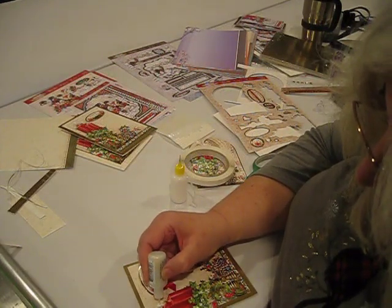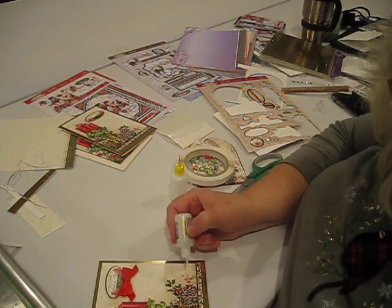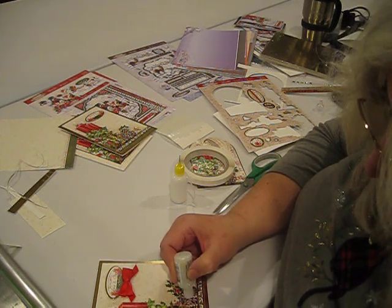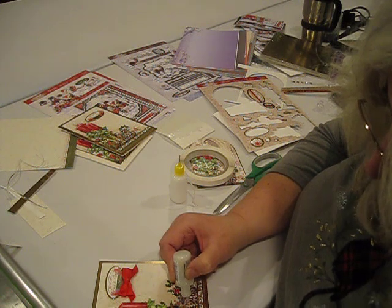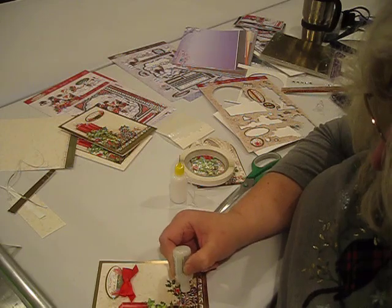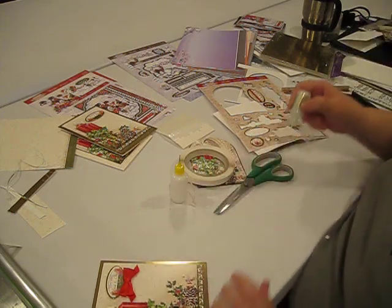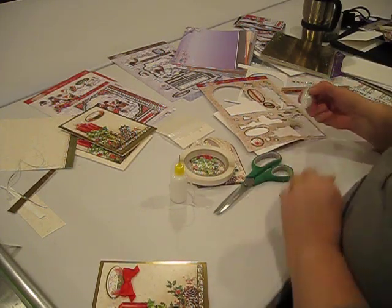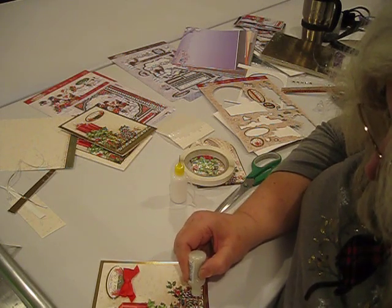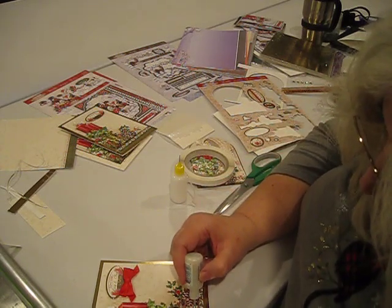Had to clean the nozzle on my Stickles there. You can just do that with a little straight pen. What I was saying is that it's easy to use Stickles if you have some time for it to dry. But if you don't have a lot of time for it to dry, the Quickie glue pen and our ultra high quality glitter can be a better choice because they don't require the same kind of drying time that we